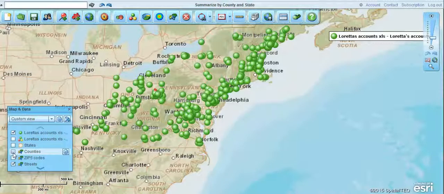Today we're going to talk a little bit about a new feature we put in the product called Summarize by county, state, zip code, geographic area really. What I've got on the map right now is a list that I imported. So I brought in a typical spreadsheet and imported it. And usually I would go up to the